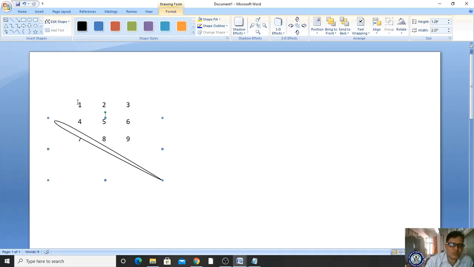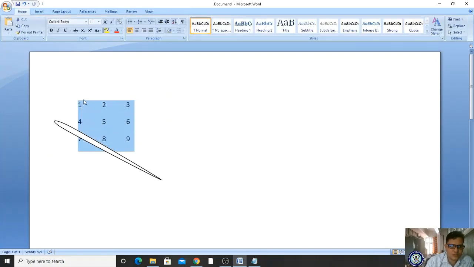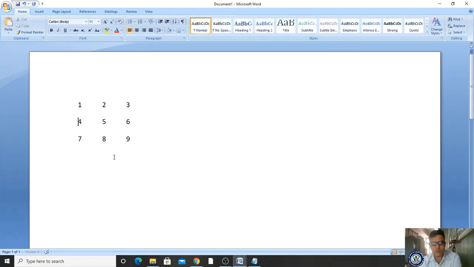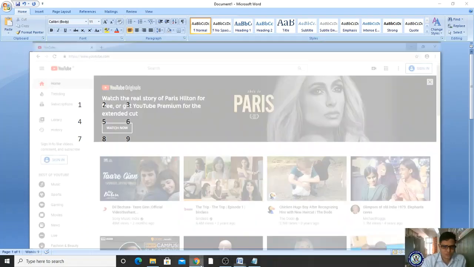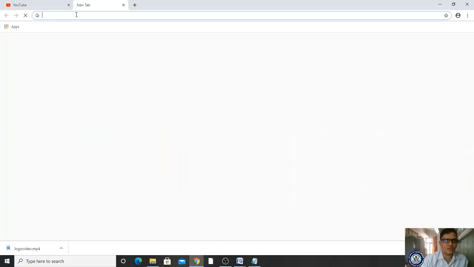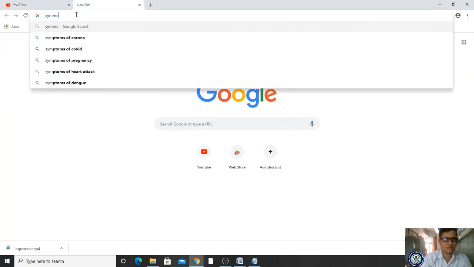Anyhow, you are understanding, right? This 1 5 9 is called the principal diagonal. If the principal diagonal consists of the same values, then it is called symmetric. If it does not consist of the same values, then it is not symmetric. Okay, got it? If you want to see the definition of a symmetric matrix,